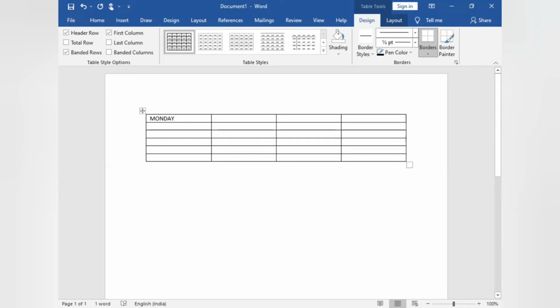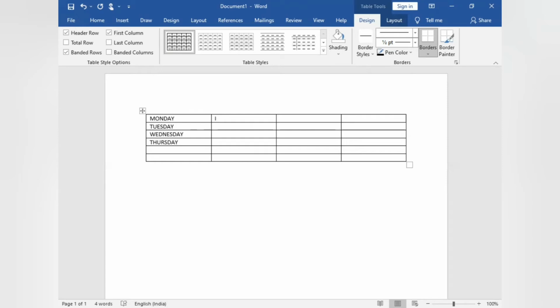Next, Tuesday, Wednesday, you can insert data in lines and columns. To go to the next cell, you will use Tab. Press the Tab key on the keyboard and you can go to the next cell.